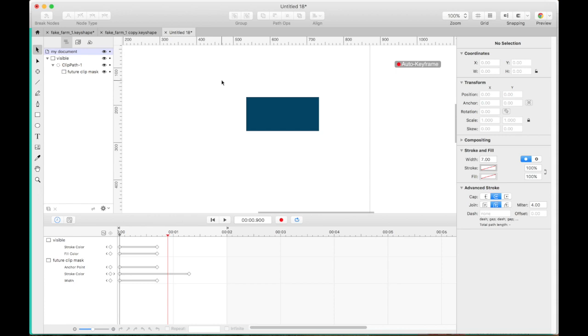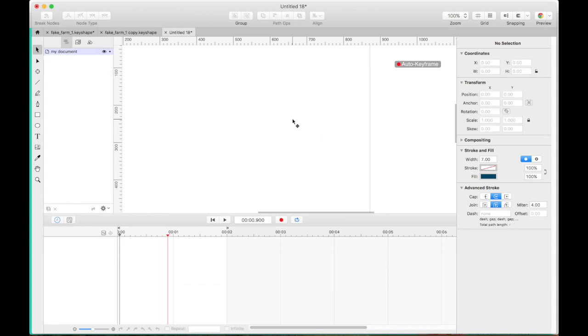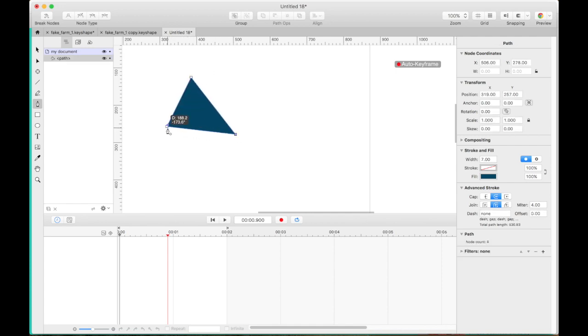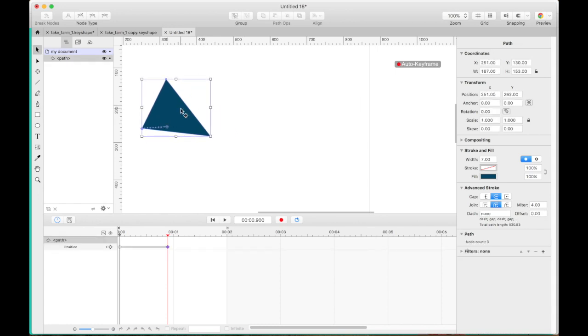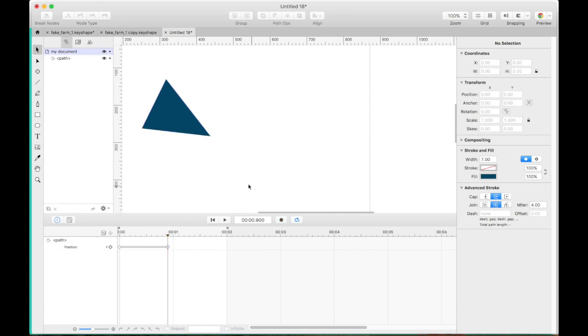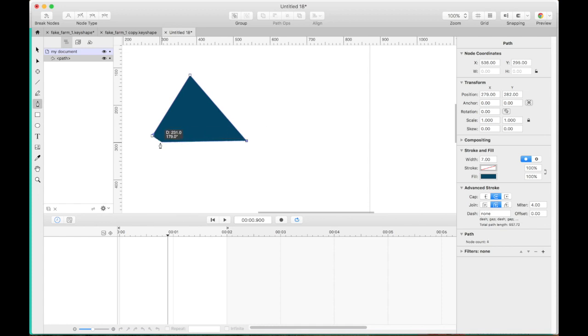The last thing I want to show you that I thought was pretty cool, and it tripped me up, is you have to have a path. So let's go back to the vector tool, and we'll create a triangle, and then I'm going to copy and paste that. Oh, I'm going to get rid of this, see it's auto keyframing and doing all this moving around. I don't want to do that. So I'm just going to delete this. That's a P, Pen tool, triangle, right here.